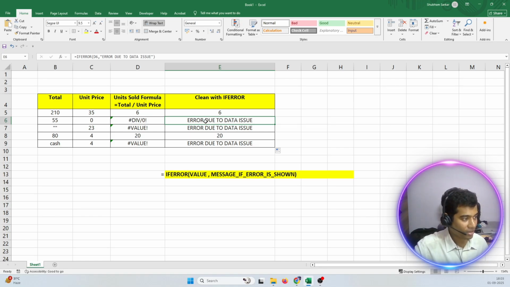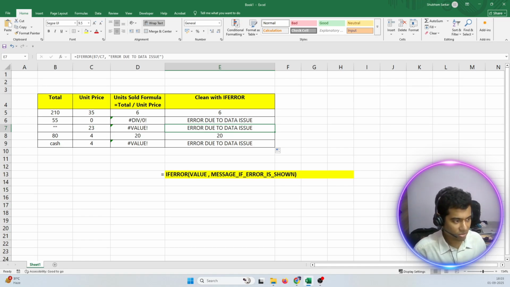That's why I'm saying, IFERROR plays a very important role in the data analytics field, if you are working in Excel or working for a client who prefers Excel. So this is what IFERROR works for, and this is the use of IFERROR. But also, let me tell you, I will give you some points on why we use IFERROR, on a note basis, like you can write notes for that.